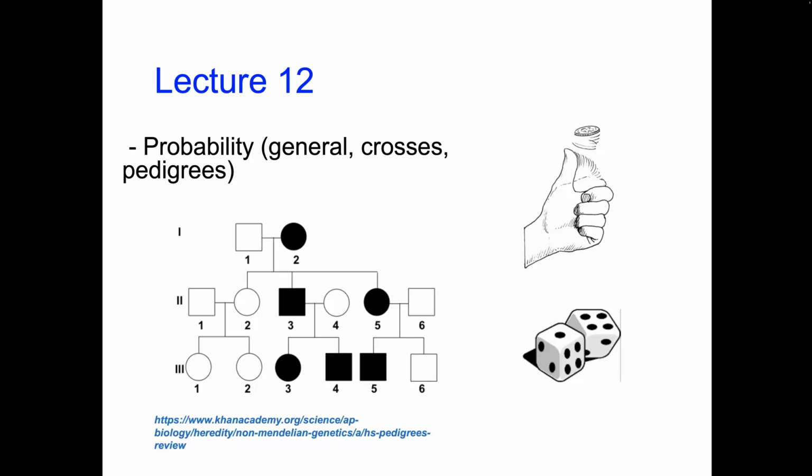This is the first of maybe just two short recordings that introduce the idea of probability calculations. We'll be asking you mostly to do probability calculations for the results of crosses and for individuals in pedigrees, the chance they have a certain genotype. But we will be looking at things like tossing dice and flipping coins because I think most people instinctively have a good feel for how that kind of probability works, and it's really the same when you're dealing with a